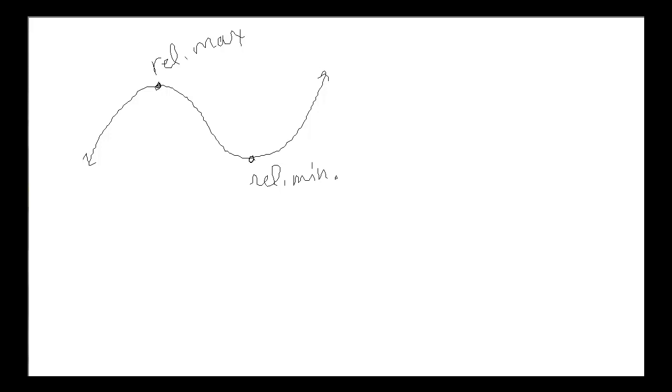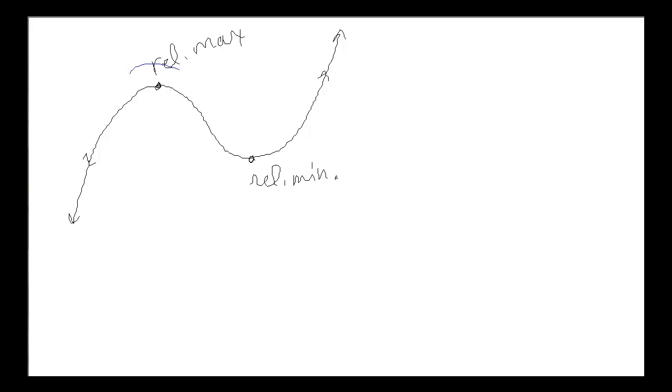Well, that's because we notice that this function has arrows on the ends, and so these continue onward, positive in the upward direction and the downward direction. So there is no maximum value that we get out of this function because it keeps going on forever and ever. In the positive y direction, and it keeps going in the negative direction forever and ever. So there is no absolute maximum or minimum in this particular function. There's no lowest point and there's no highest point. But there are relatively high points and relatively low points.